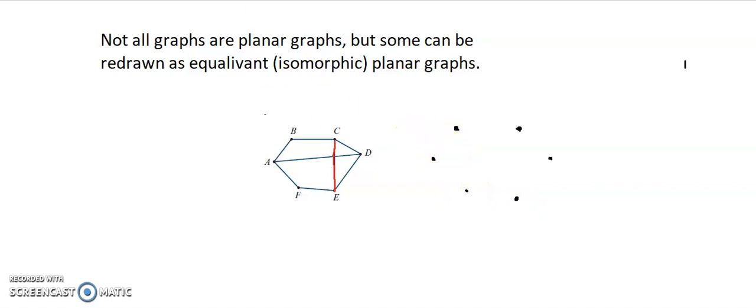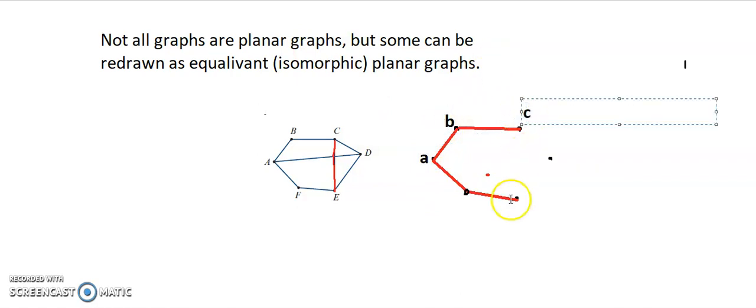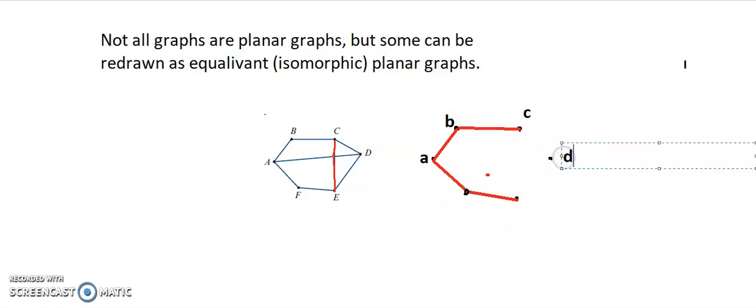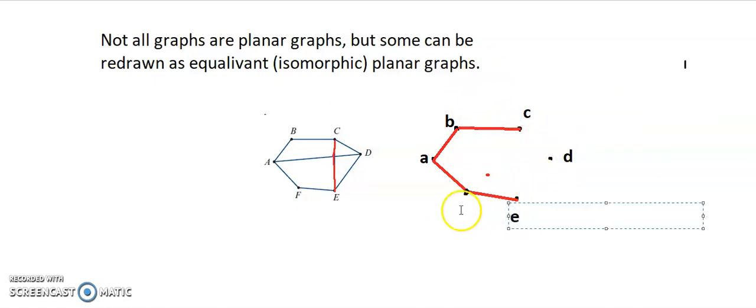I'm going to draw my edges in. I've got all my edges at the moment, the ones I want, and I will just label my drawing now. So we've got A, B, C, D, E, and F. So the first thing I would like to think about is I am going to move